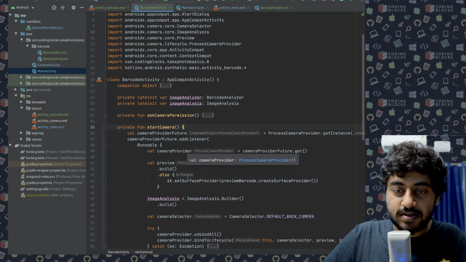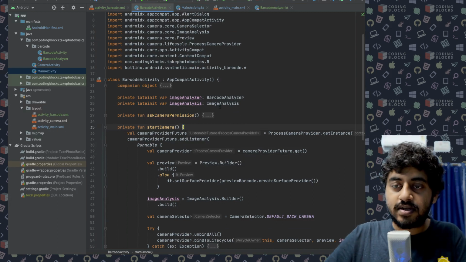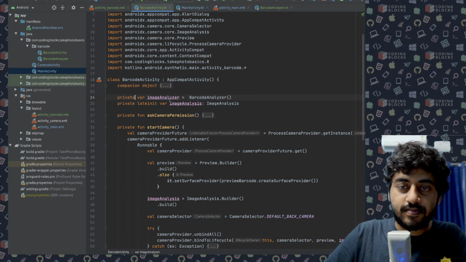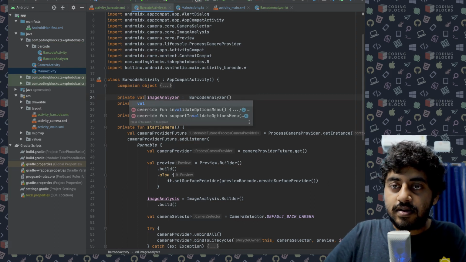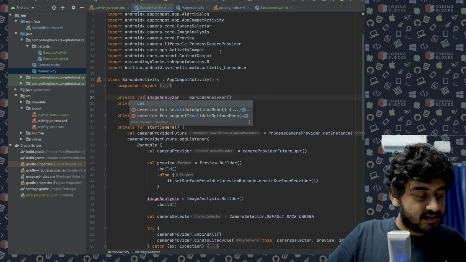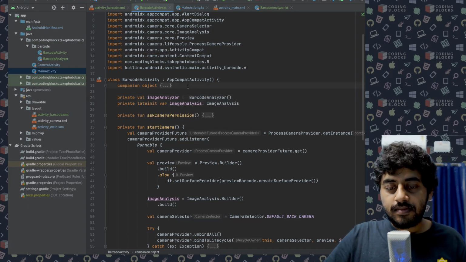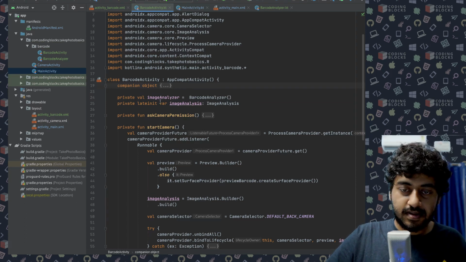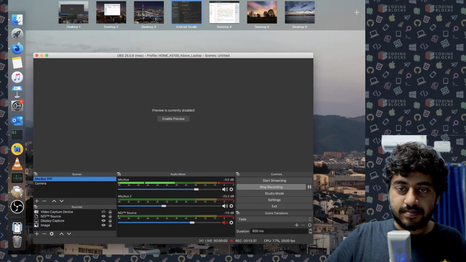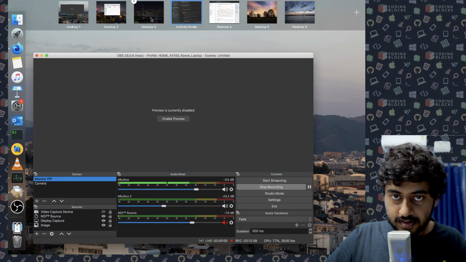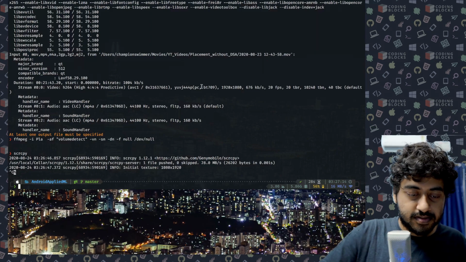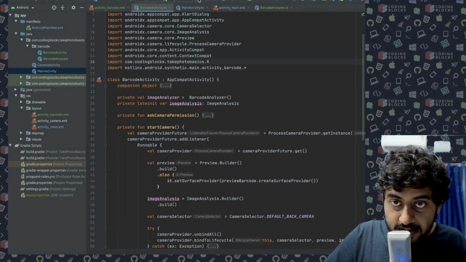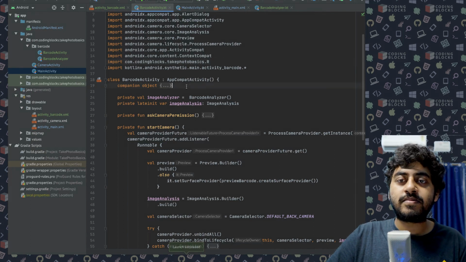So what I need to do is initialize image analyzer. I can just do this, I think. Make it a val, because analyzer has an empty constructor. I can just simply initialize it like this. So let's see. I would be going here. So let's open the screencaster again. Let's run once more. That's it.